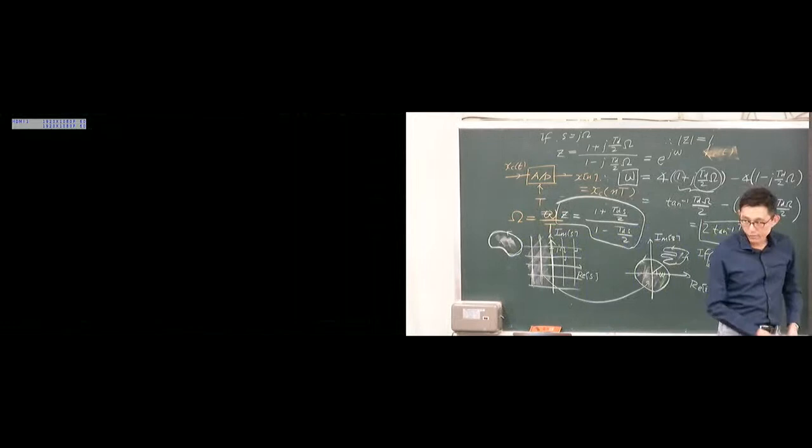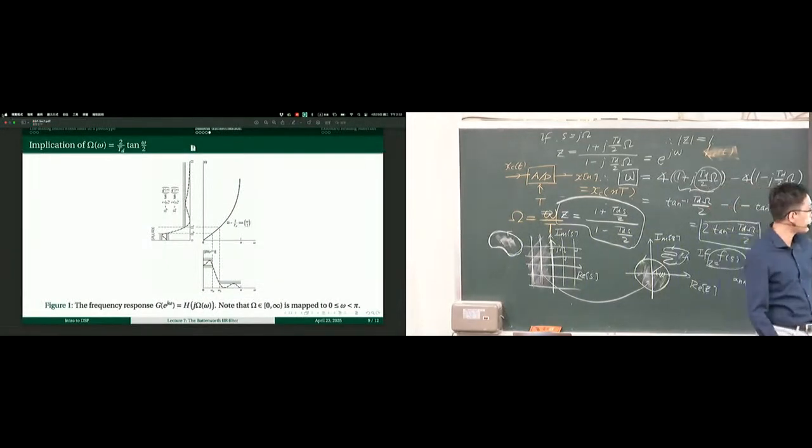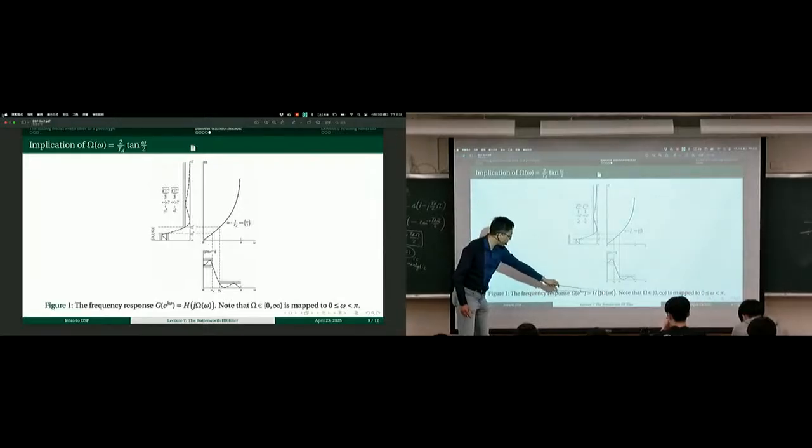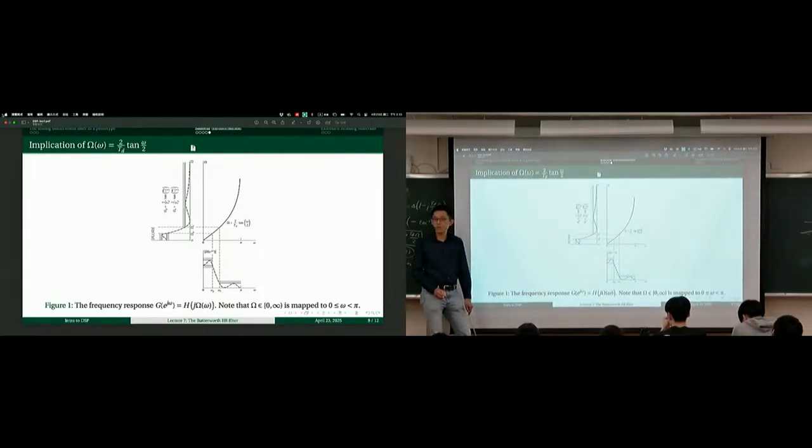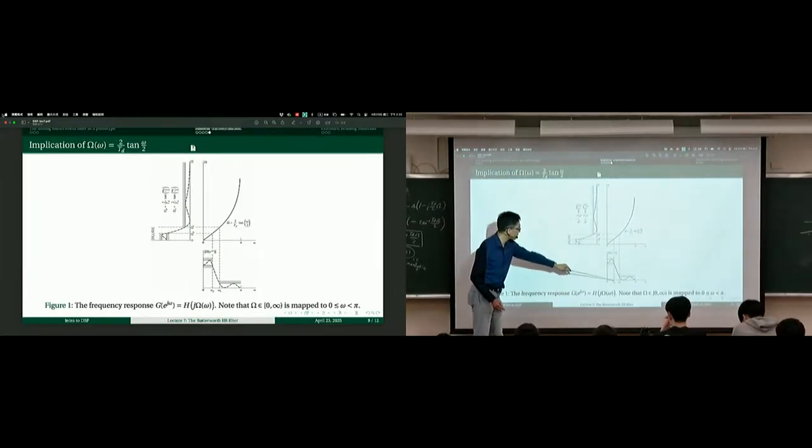With this idea, now that we understand it's a compression of the frequency axis, we can see what will happen as far as the frequency magnitude response is concerned. We say that H of z is our designed system. Therefore the frequency response, as a function of small omega, is a composite function: H of big omega of small omega. What does that mean? That means that at every frequency, let's say this corner frequency,